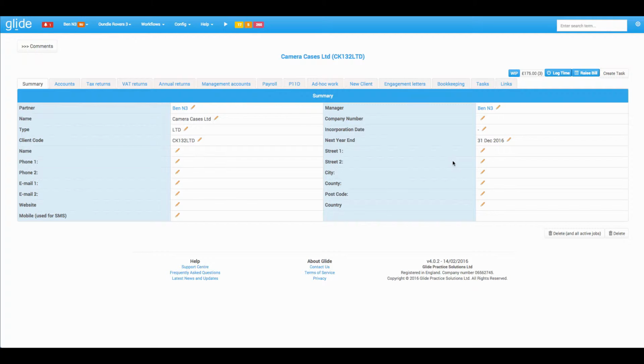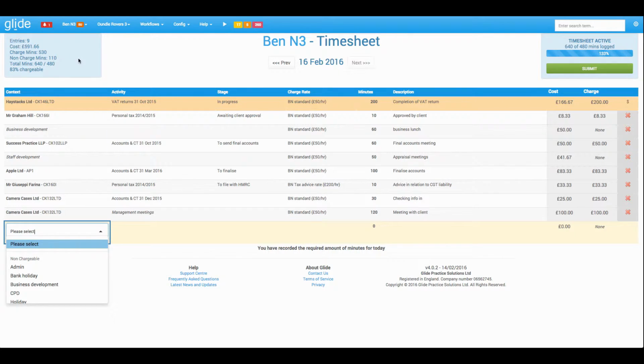However, the key thing I remember from being in practice is that, come the end of the day, you're probably not going to have got everything in, and what you really need then is an incredibly quick way to just record the rest of those entries. You really don't want to be wasting time here. So if you click on the user drop down and hit today's timesheet, the idea with the bulk entry screen